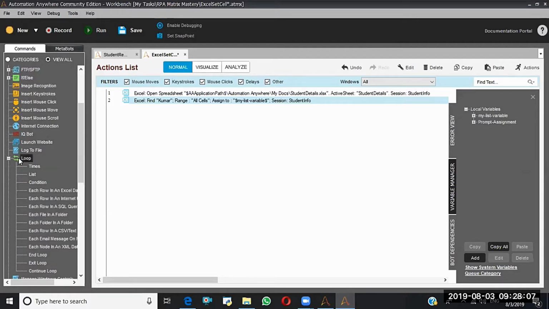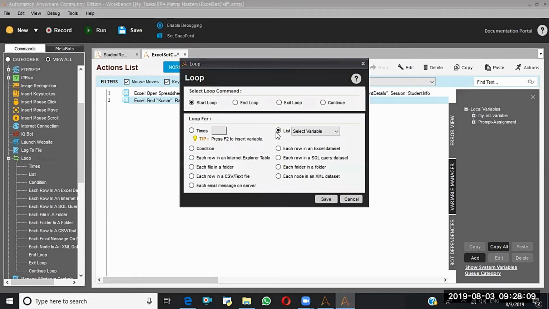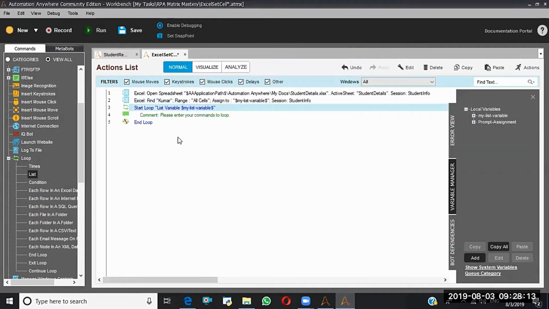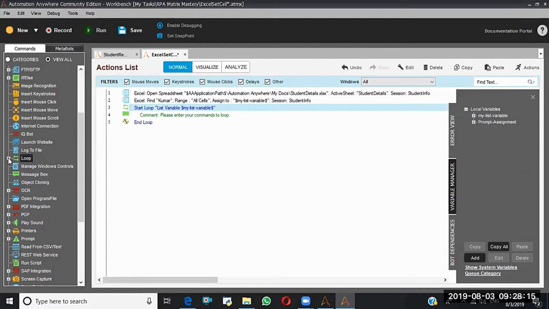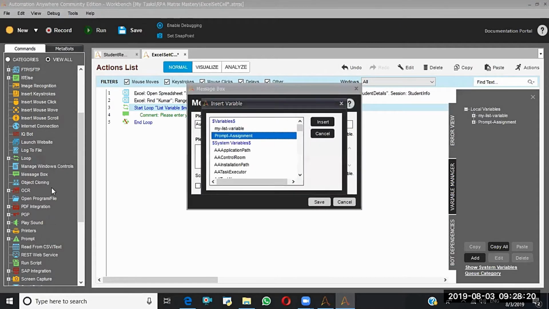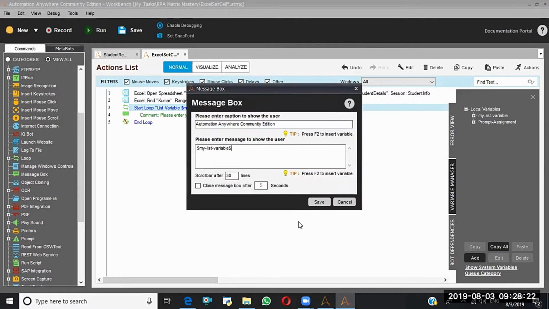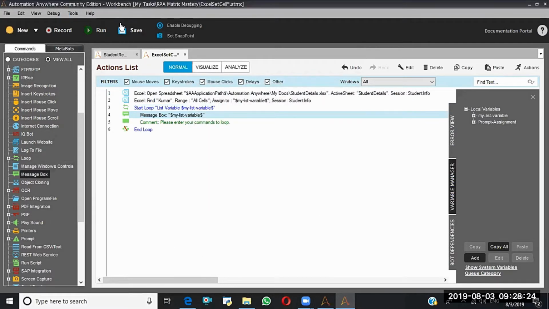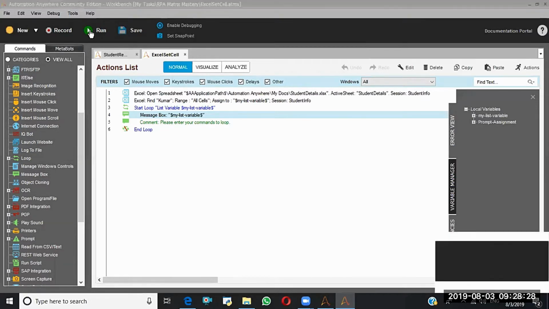Now I have to print this list. Group list, my list variable, save in the message box. I will print my list. So it will print the cell address. So I'll show you.